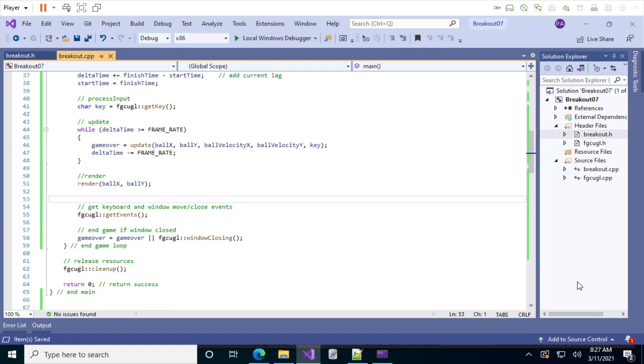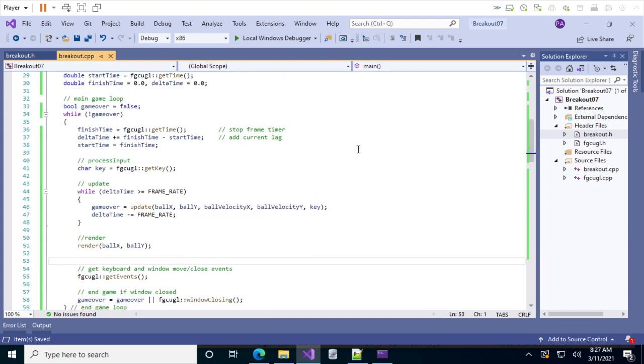All right, we're almost done. So just to read through this here, we will calculate the current amount of fractional time it took for the last full game loop, and we'll add that to our delta time. And then we'll process input. If we've made it to a frame,